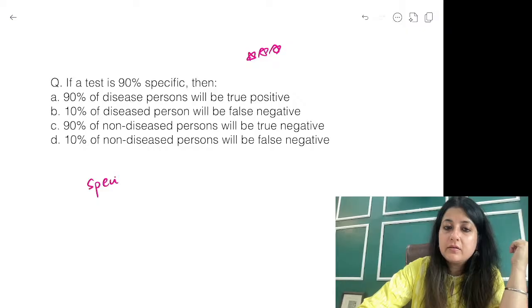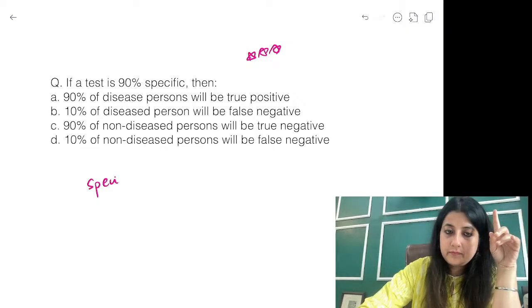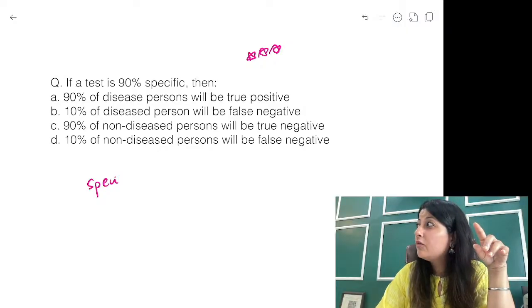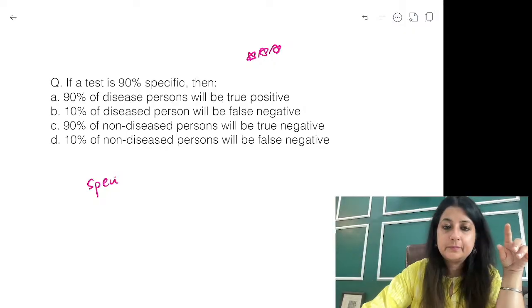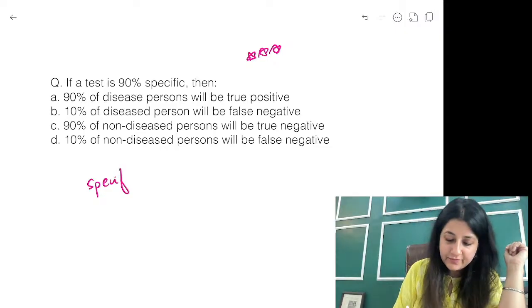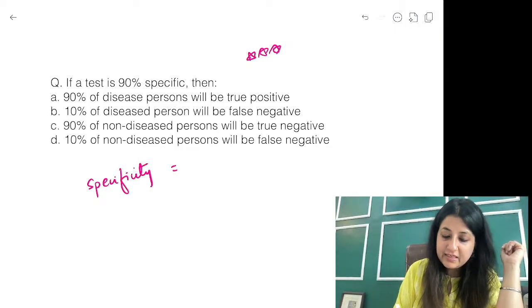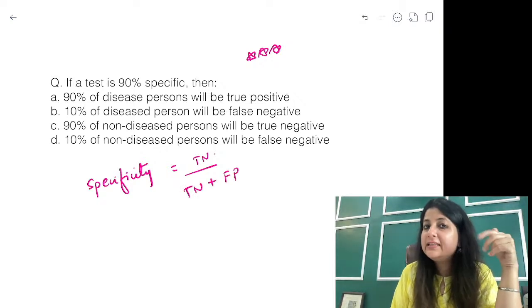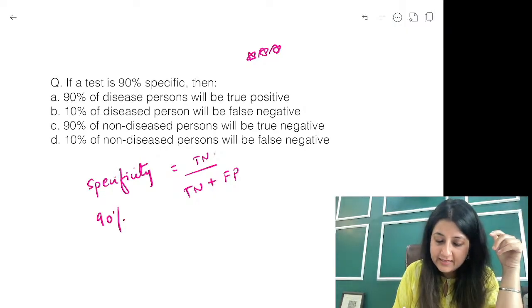Specificity is TN upon TN plus FP. So if I say that a disease is 90% specific, what does it mean? It means that